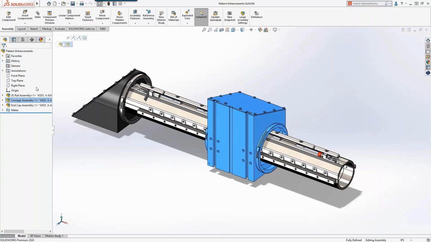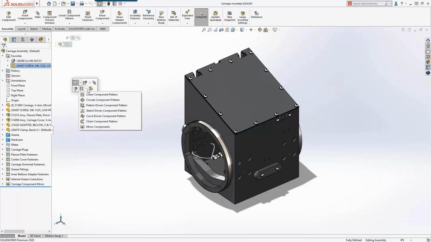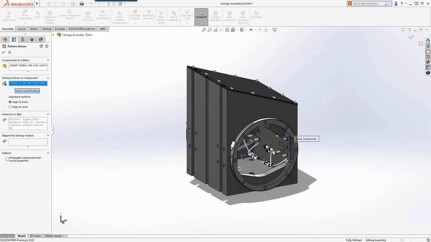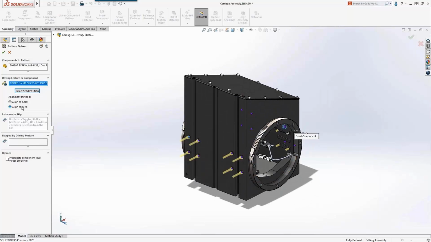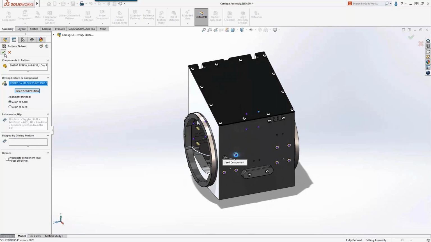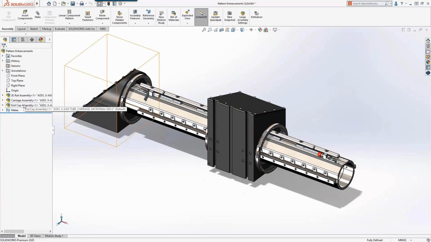Pattern-driven component patterns are now more intelligent in that they understand the orientation of Hole Wizard features that are created with 3D sketches on multiple faces. This means a single pattern can now be used to copy the associated fasteners without the need to skip instances or multiple patterns. Linear and circular component patterns are now more flexible by allowing you to modify each component